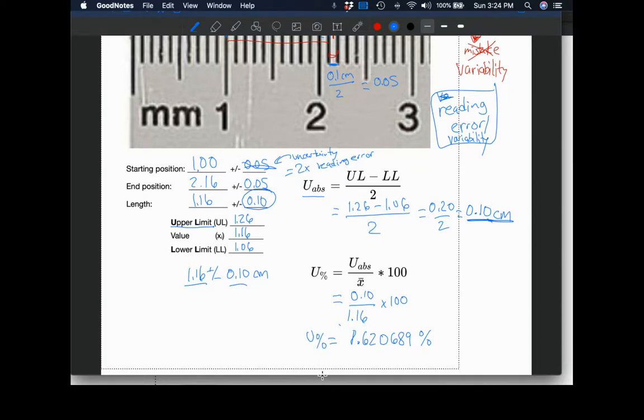Now, when we look at our numbers that went into this, so I know where to round this: this had 2 significant digits, this has 3, so my answer would be 2. So ultimately, we would report this as 8.6%. The other way we could express our uncertainty would be to say 1.16 plus or minus 8.6%. So given our measurement, we had almost 10% uncertainty making that measurement.